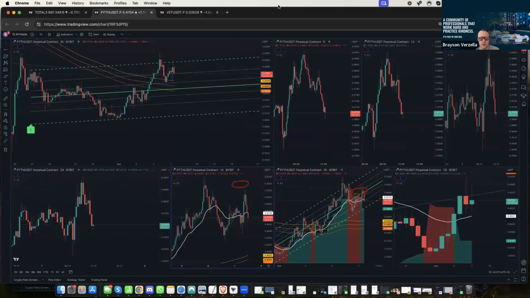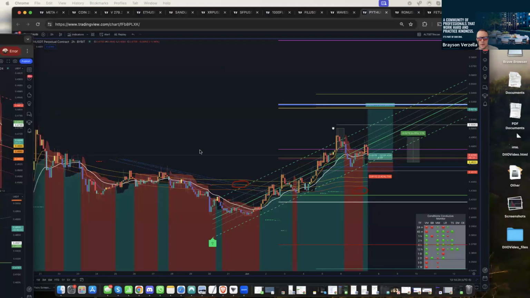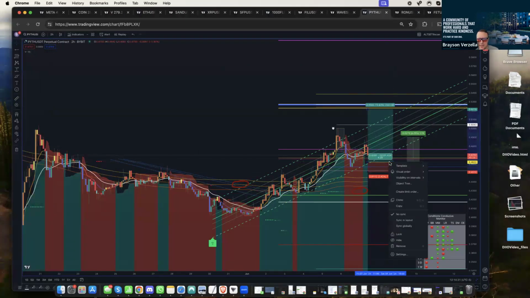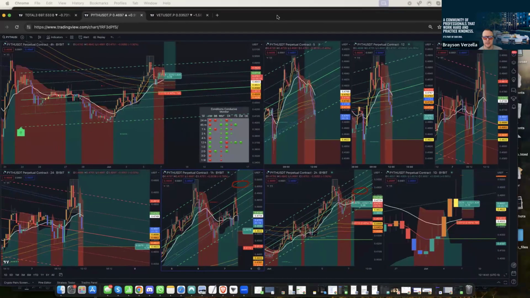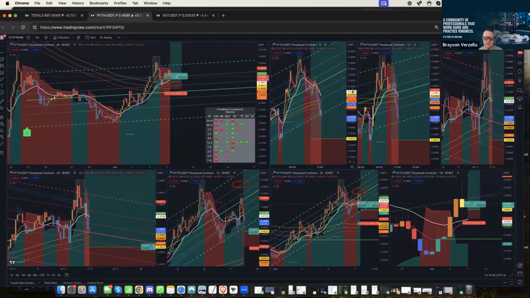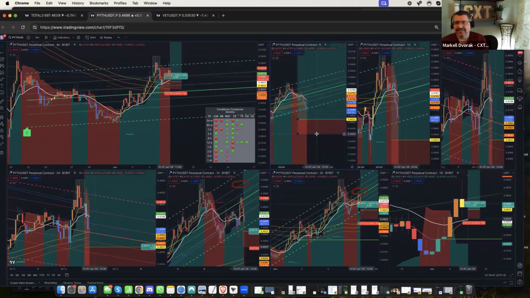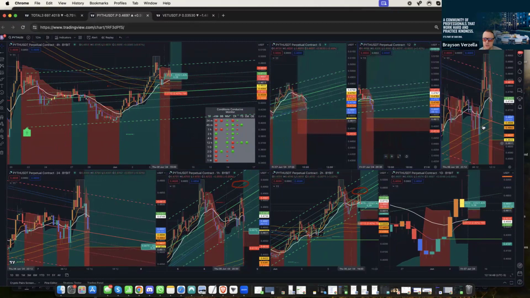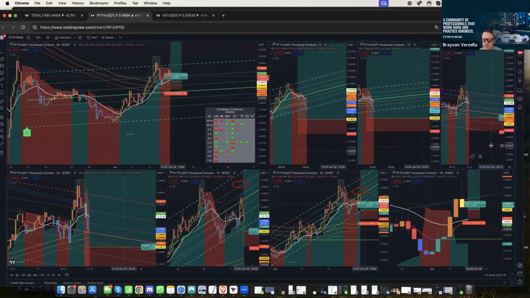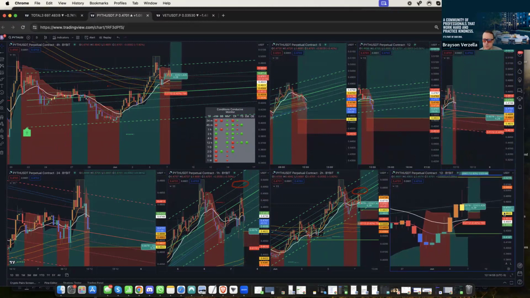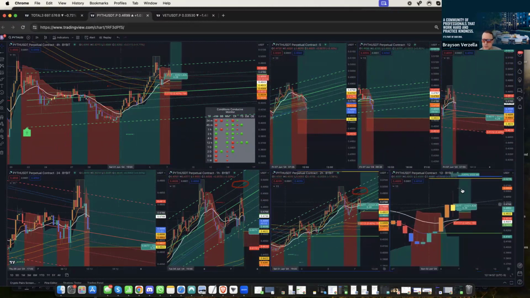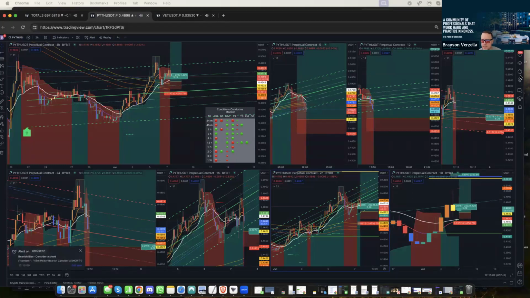And what I could even do, I think I can do it. Another cool technique that I always do is take this, and in this case it's a whole different layout we're working with. You can always delete this later, but when you sync it globally like that, it literally builds that exact macro level analysis onto all of your charts. And so you can see how it looks from all these different perspectives. And that helps you also when it comes to, is this dumb, or is there any reason that I need to